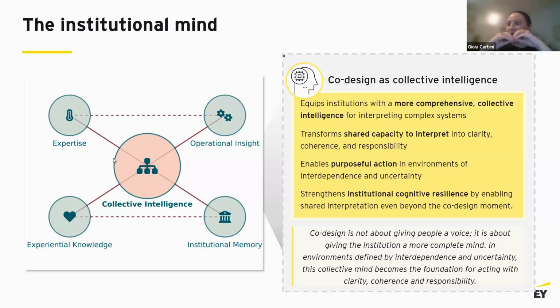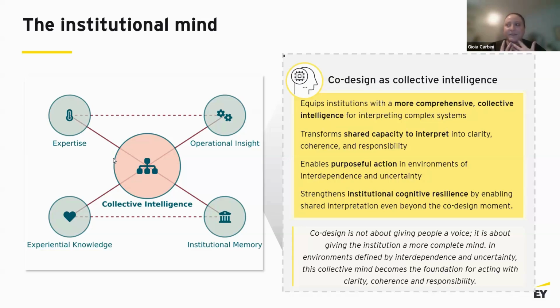So institutions that can cultivate these co-design practices in a systemic way develop a form of cognitive resilience, in my personal perspective, because they become better at anticipating frictions, better at navigating uncertainty, and better, in the very end, at understanding themselves, the institution itself, not just the outside world, but their own